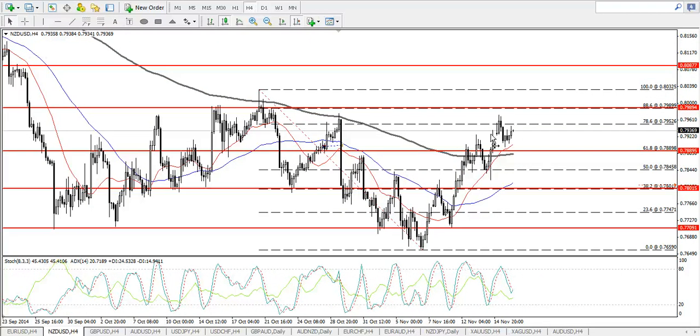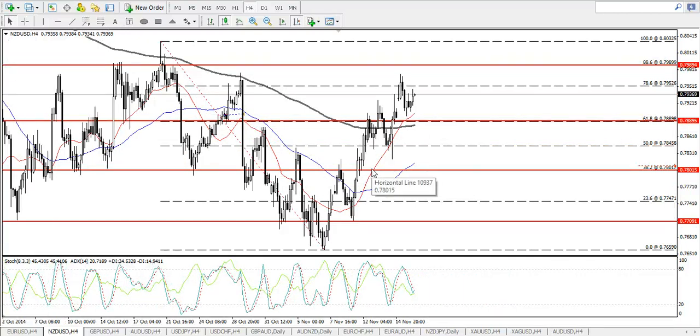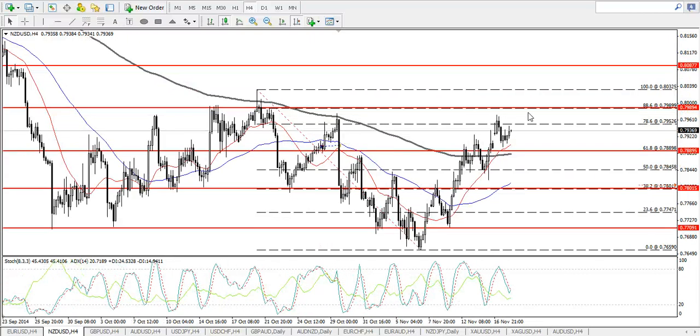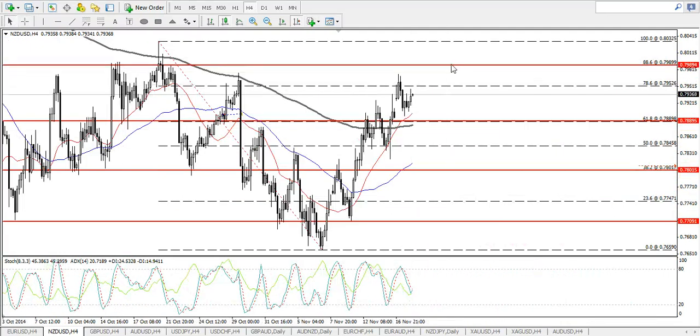In fact, it's almost like a reversal. Yes, broken above the 200 moving average, broken above the 61.8% retracement level, and it's coming back all the way to the previous high at about 0.8 thousand flats. So that would be at the retracement level 88.6%, and that is where we can actually look for a short